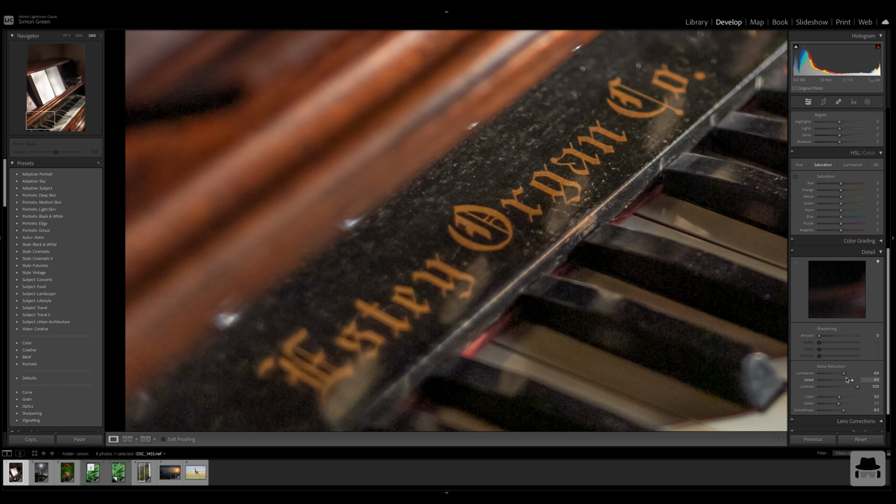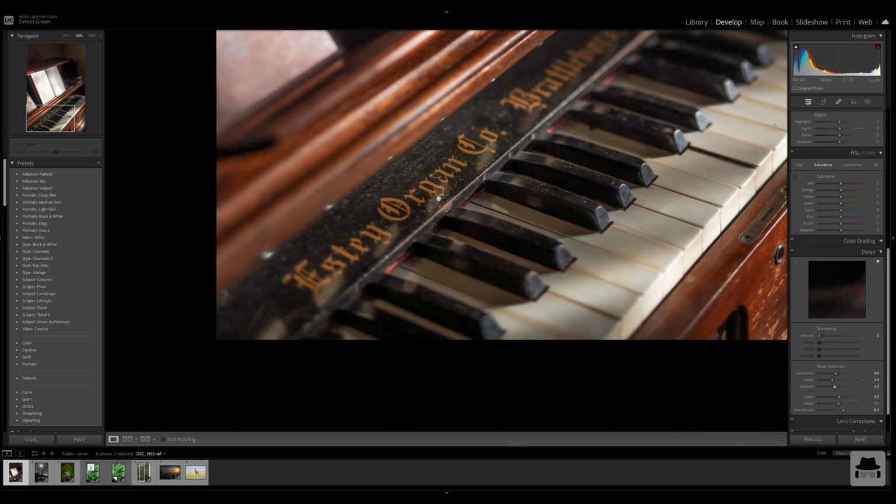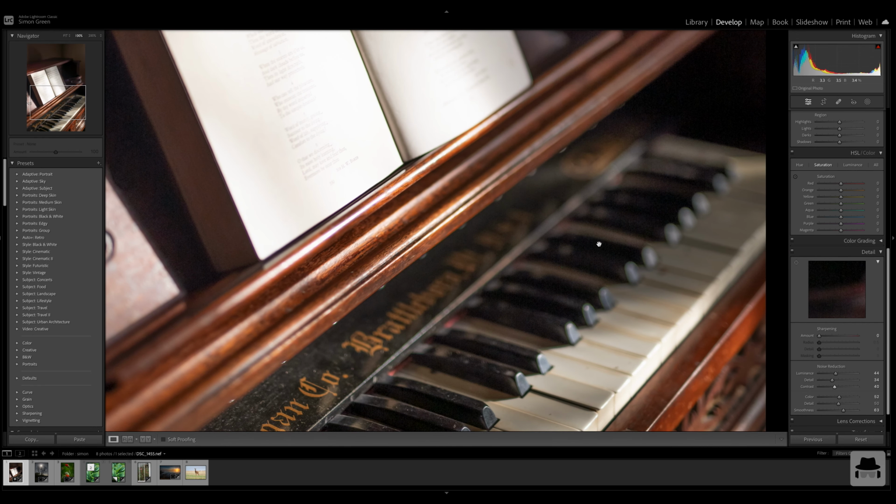Again, every one of these sliders that you push up starts to bring back some of the noise in. So it's a case of pushing them up and then just backing off a little bit. And I'm always looking for something that looks natural. And so if I reduce that to 100% now, I can still see there's a little bit of noise here, but